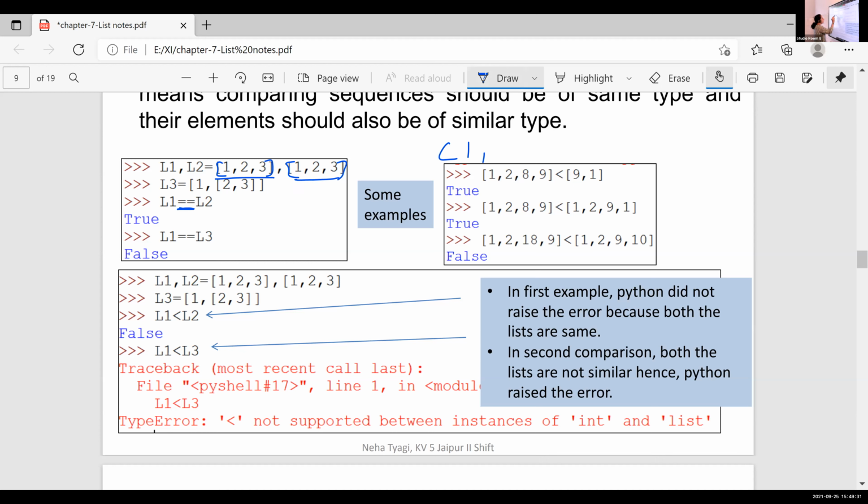So the first list is assigned to L1 and the second list is assigned to L2. Then I am giving a statement like L1 double equal to L2. For what purpose are we using double equal to?